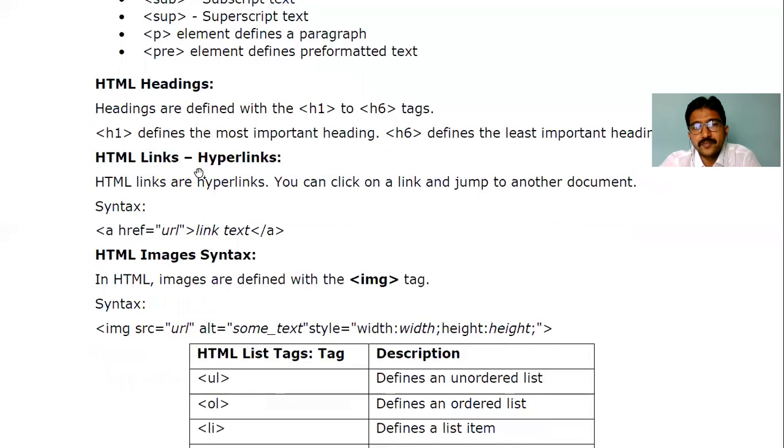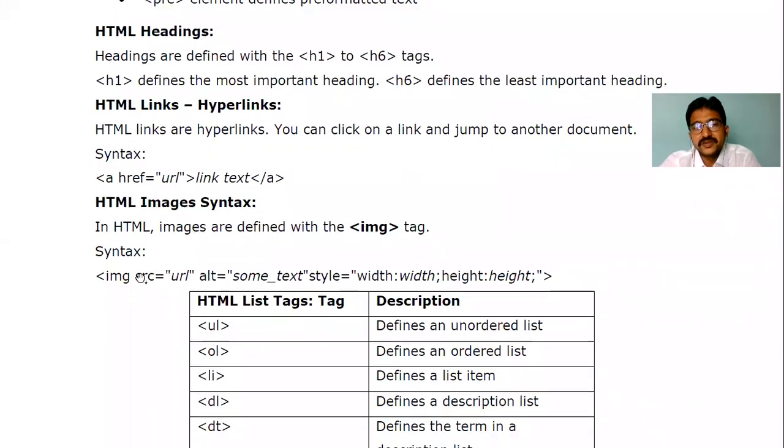Hyperlink: when you want to create a hyperlink, which tag are we going to use? The anchor tag. What is the minimum attribute we need to use for the anchor tag? A, href. Href is an attribute. We need to give the value in between double quotations, href equal to. Whatever text you give between the opening tag and closing tag of the anchor creates a hyperlink. Whenever this link text is clicked, the path you gave in the href will open.